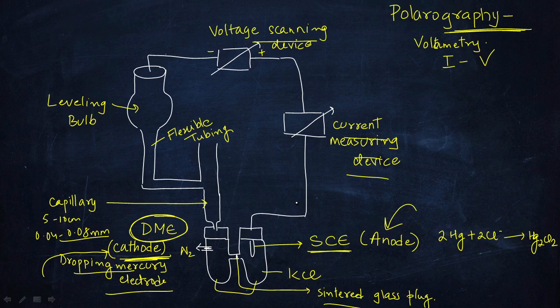In the next video lecture, we will be directly skipping to the graph, what kind of graph we obtain. Basically what happens is we have ions in the test solution. When a drop of mercury drops into the solution, the ions get reduced. So when all this is happening, there's a change in current and voltage, so that we measure, and we can find out many things